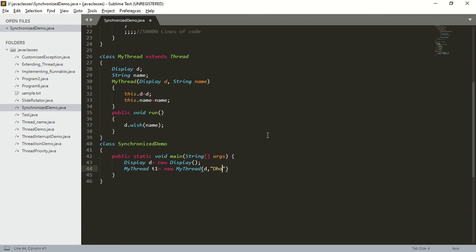So I'll pass Dhoni. Next, I will create one more thread. So myThread t2 is equal to new myThread of object comma name of a person. So here I will pass Yuvraj.